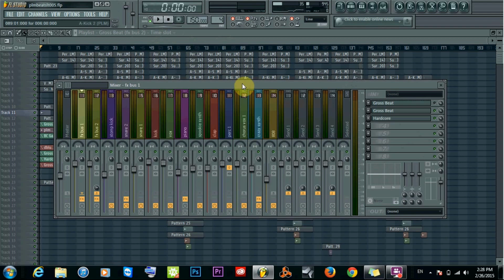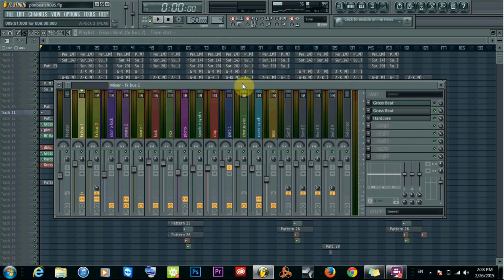Since most producers don't know how to do this, they either stray away from using effects altogether or they don't offer tracked out leases. But with this simple technique, you will be able to keep the ear candy on your trackouts. Now I'm showing you this in FL Studio, but this should work in any DAW, and in a minute you will see why. Now I got a lot of effects on this beat, and the automation is ran in